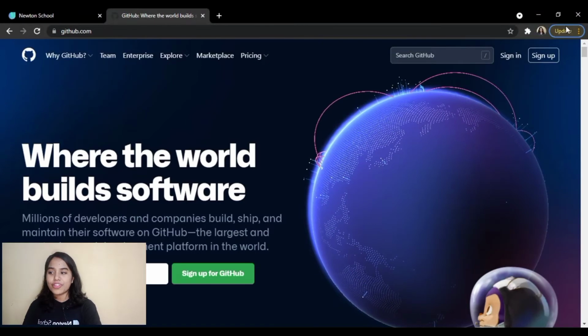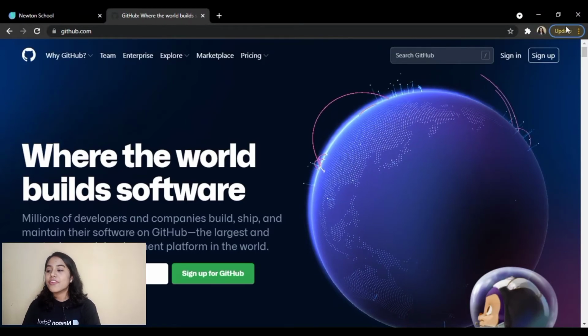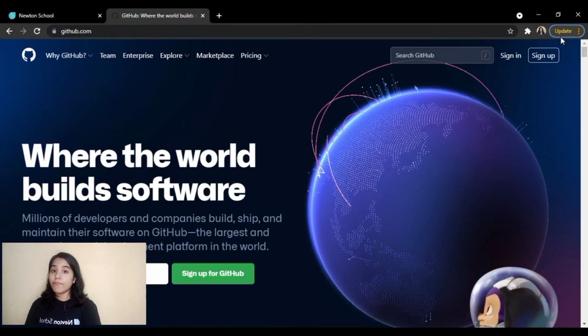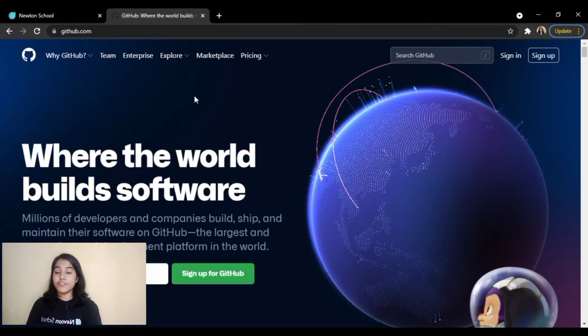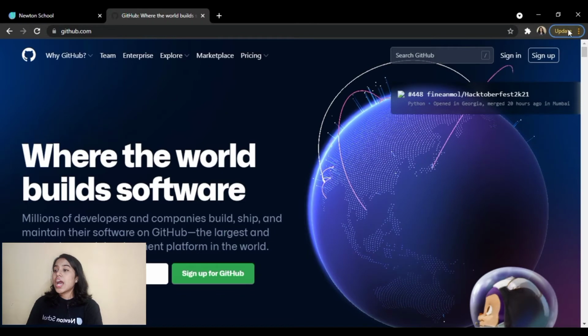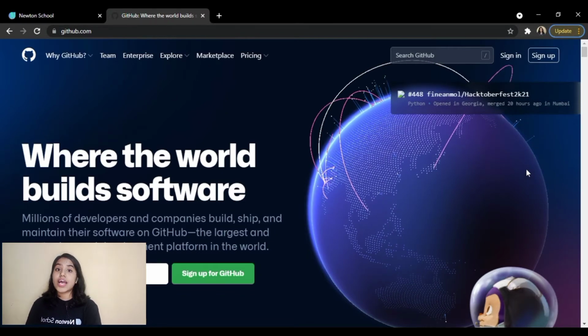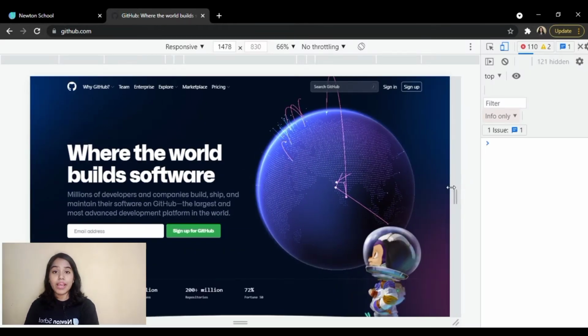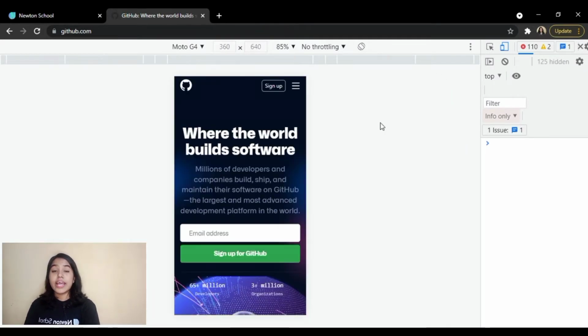So, without any delay, let's get started. As you can see on the screen, we have one website, and here you will notice that the desktop view of this website is different, right? We have different menus, elements are positioned in a different manner, but as soon as I view it in the mobile view, you will notice that we got a hamburger menu.